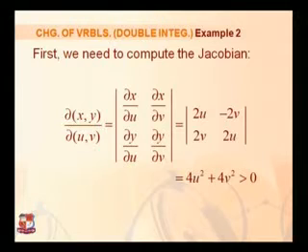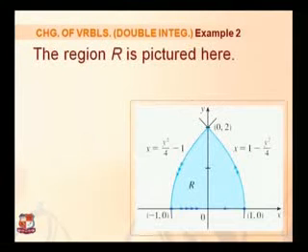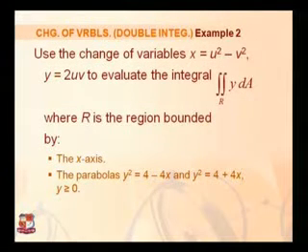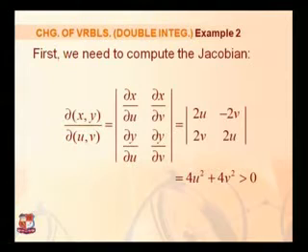Here del xy by del uv is equal to, we will get, x is equal to u square minus v square, so del x by del u is equal to 2u and del x by del v is equal to minus 2v, which we have put here. And in the same way del y by del u is equal to 2v and del y by del v is equal to 2u. So after the calculation of the 2 by 2 determinant, we will get the Jacobian